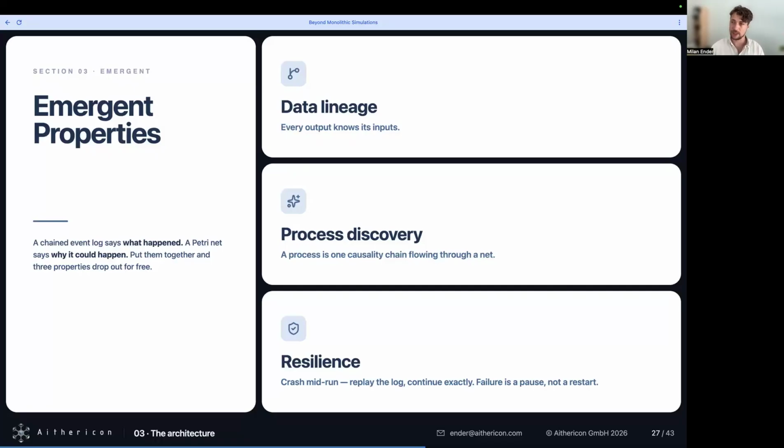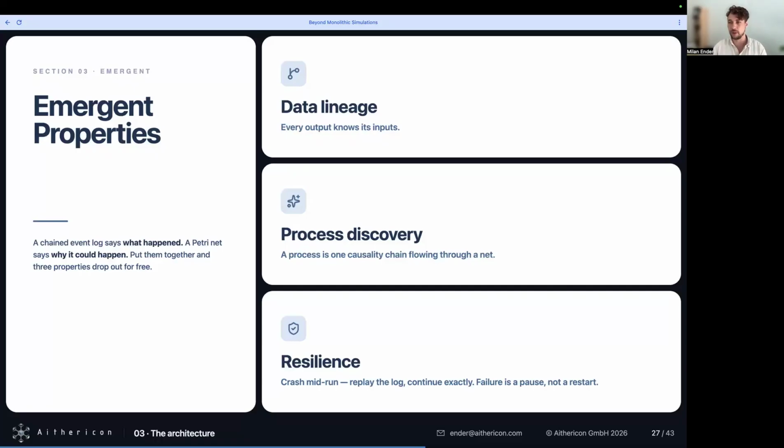But our main objective here was actually just building a resilient system. I think this is the most important property from all of this, that we are able to just replay our past events, our past transitions, and then recreate the state of very complex workflows.